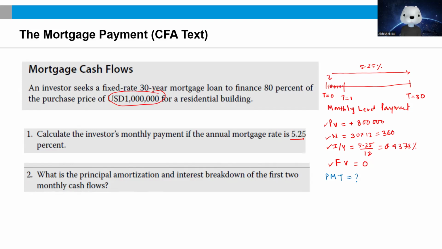All right. So we've got the I/Y. We've got the present value. We've got the future value. We've got the tenor. So we have fetched all of them. All that I'm asking the calculator is to give me